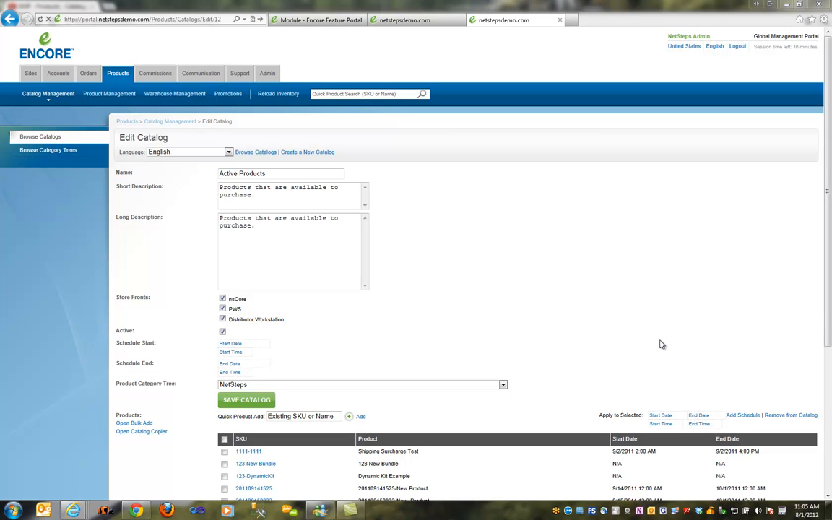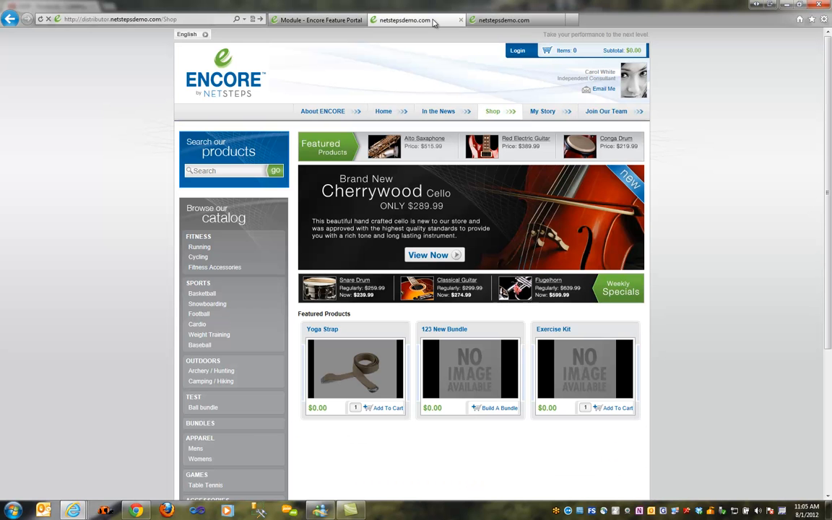Today I'll be explaining the functionality of category trees within the Products tab of the Global Management Portal. A category tree is simply our name for a hierarchical view of browsable categories on a website. So for instance, if I switch over here to the